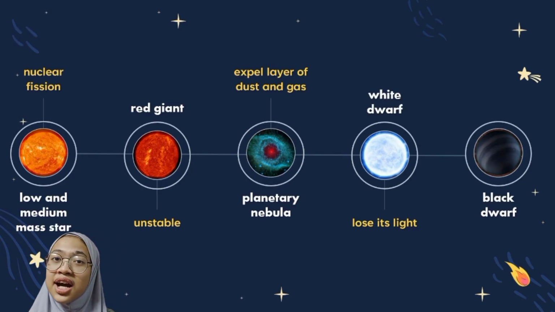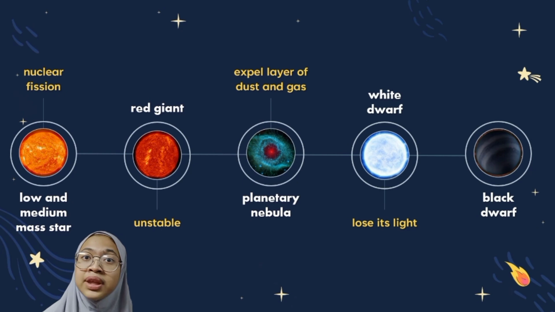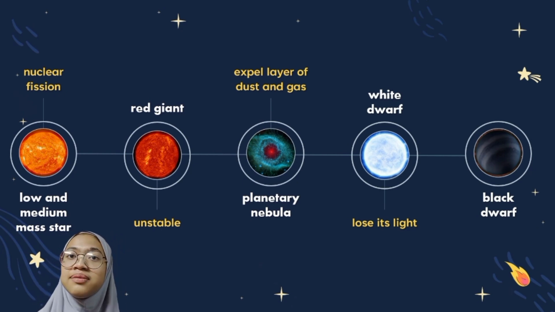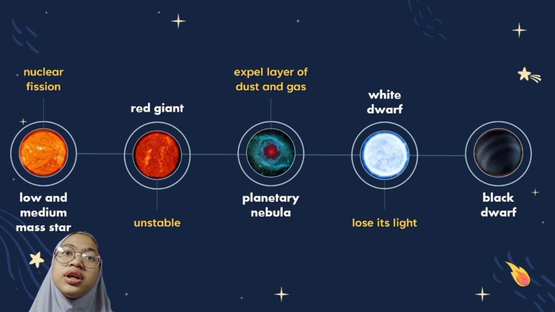In the core of the sun, hydrogen is being converted into helium. This is called nuclear fission. It takes 4 hydrogen atoms to fuse into each helium atom. During the process, some of the mass is converted into energy to keep the star hot. A red giant forms after a star has run out of hydrogen fuel for nuclear fission and has begun the